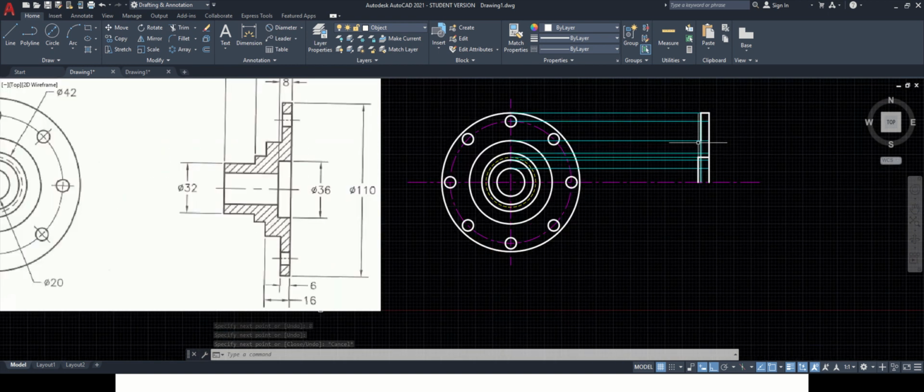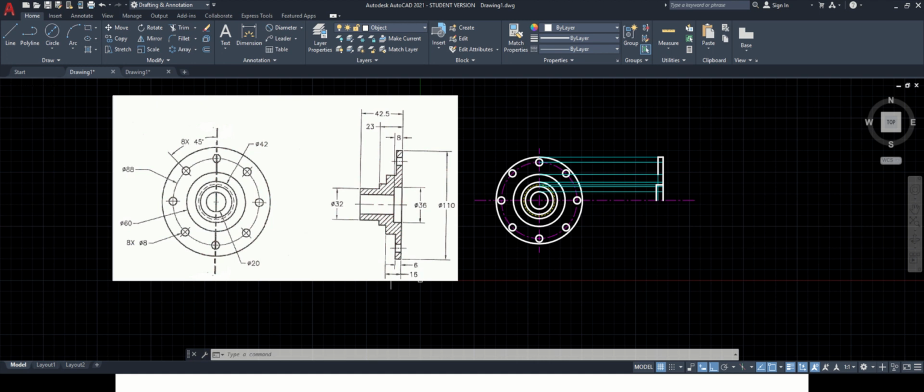Next, what we have? This distance we have to calculate. This is given to be how much? 16 from this end. So earlier we have taken 6 now, so 10 we can go ahead. Line command. From here we can come distance 10 millimeter and say enter and escape. Then from here downwards how much we have to come, up till which line it is there? Up to that 40, which line is that?